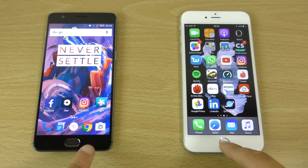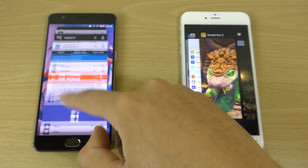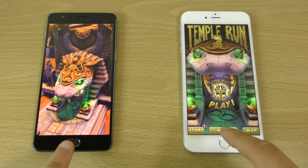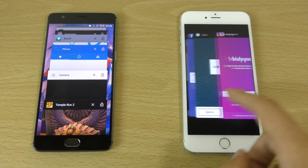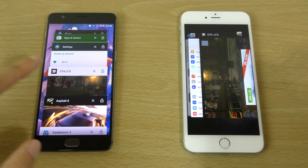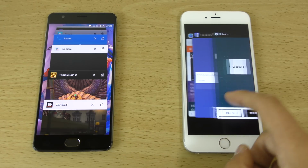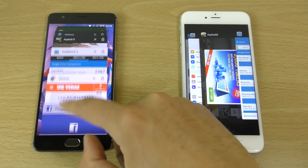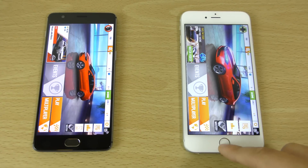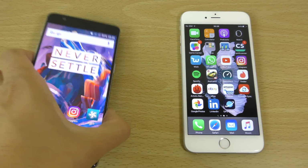Very similar for the camera. So let's check out some games here. Temple Run. So a bit quicker to go back into it on the OnePlus again. GTA. You see the iPhone is doing very well here with just 2 gigs of RAM, holding stuff in memory, and Asphalt. So this one recovered faster then, but generally I've been very impressed with the multitasking performance on the OnePlus 2,